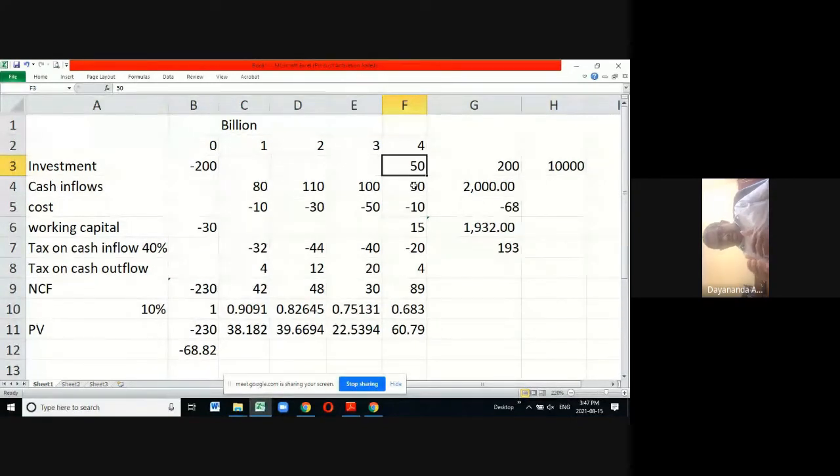But I assume normally in Sri Lanka, according to my understanding, especially when you do a trading transaction in the stock market, suppose you buy one share yesterday at 100 rupees and today you sell it at 120, there is a capital gain of 20 rupees. But in Colombo Stock Exchange transactions, just to encourage trading, those capital gains are exempted, no tax on capital gain. So I assumed that there is no tax on capital gain for this project. That's why I didn't tax it.